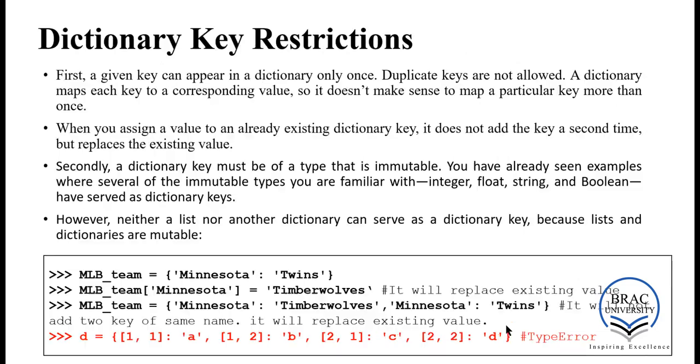Okay. Now we will talk about dictionary key restrictions. We have already mentioned these restrictions in the first slide. Now we will explain why each one is a restriction. First, a given key can appear in a dictionary only once. Duplicate keys are not allowed. A dictionary maps each key to a corresponding value, so it doesn't make sense to map a particular key more